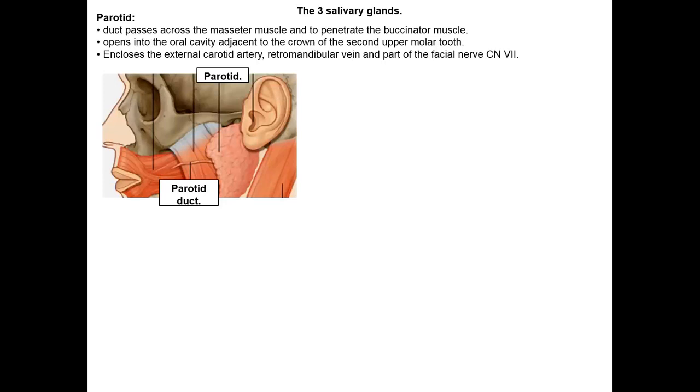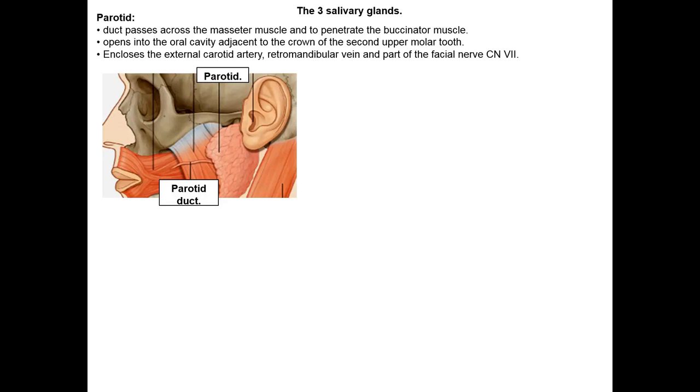Before we take up another important feature of innervation of the oral cavity, let's review the three salivary glands. These are paired glands for the oral cavity. The first and the largest is the parotid gland. You have already dissected this, maybe you've removed it, and you've seen the duct that passes across the masseter muscle and penetrates the buccinator muscle. It opens into the oral cavity adjacent to the crown of the second upper molar tooth, and if you take your tongue and push laterally into your cheek, you can feel what feels almost like a cut,